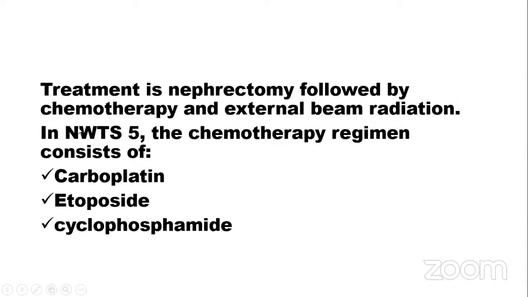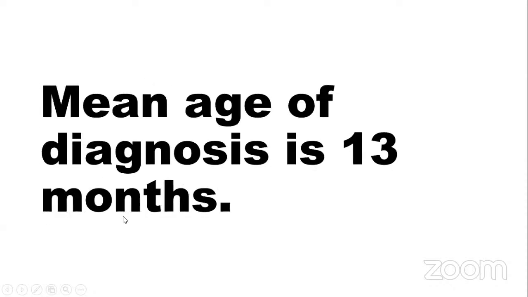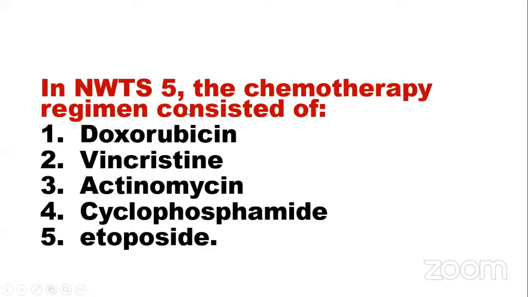In non-Wilms tumor, the chemotherapy regimen consists of carboplatin, etoposide, and cyclophosphamide. This is the chemotherapy for rhabdoid non-Wilms tumors. Okay, carboplatin and etoposide and cyclophosphamide, compare with chemotherapy for